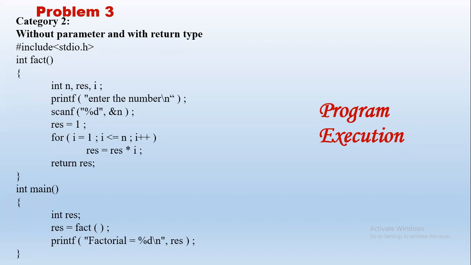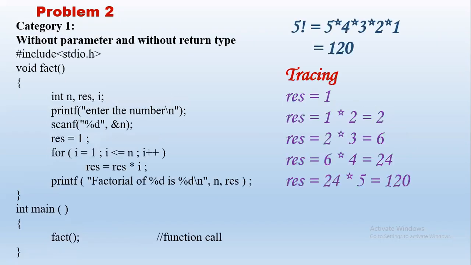If we see this slide, here we just traced it. Previous slide, just a minute, I'm going back to category 1. Yeah, here we just traced it. So we should take care that we don't print result somewhere in between. Then it will give the answer as 5 factorial is equal to 6, which we know is a wrong answer, right? So if we are declaring result globally, we should be careful when we are printing it. If we can take care of that, then no problem. In fact, we can declare int res here also. I hope your doubt is clear. Yes, okay. So we'll continue.